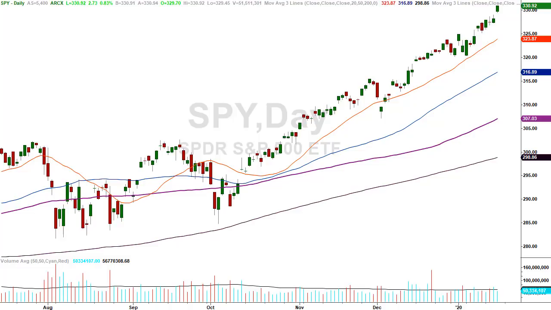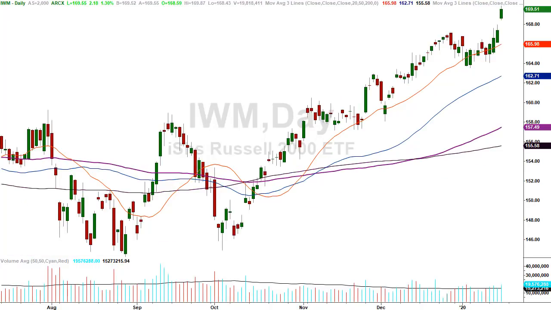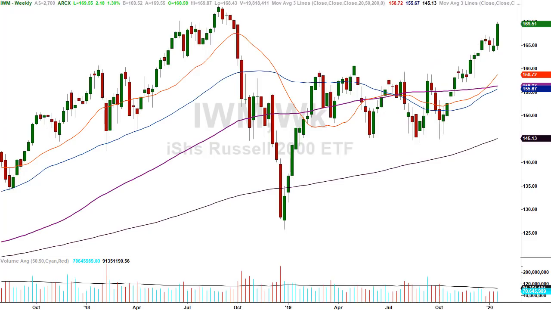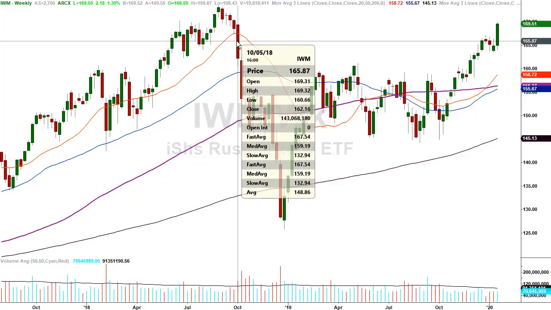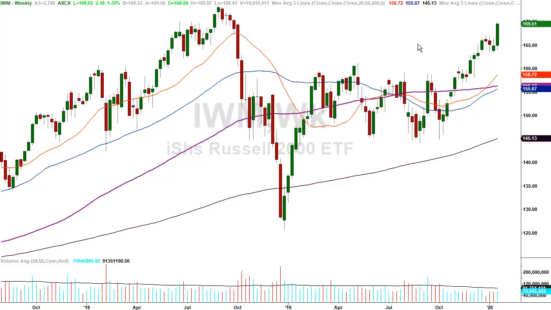So there's the what if I'm wrong scenario. What's doing over in Camp IWM? Well, it's obvious. They did the thing they were trying to do for the last couple of days. Look where they closed today. Now, this is a weekly chart, so we have to be aware that it doesn't matter until the close of business on Friday. But right now, today, they closed above this breakdown candle high, 169.32. The close is 169.51.